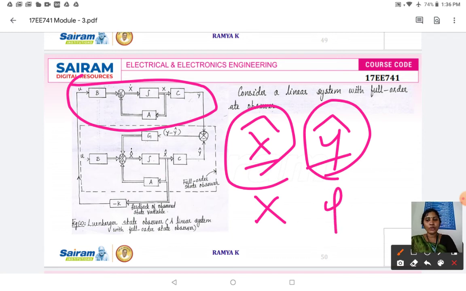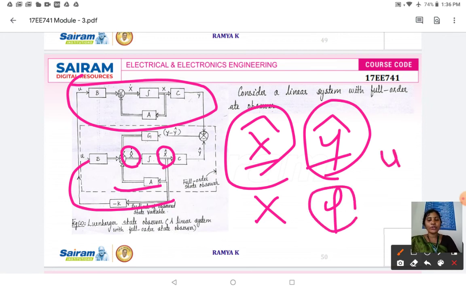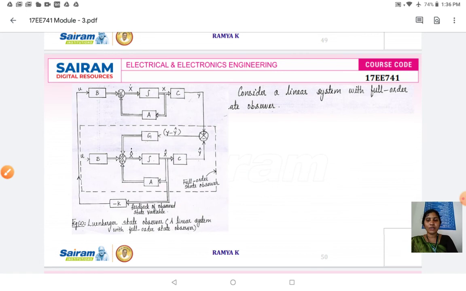So to do so, here you are having the new x-hat dot. After integration you will get x-hat, and this is your ax of t plus bu of t, and with the gain minus k you are going to feed back, because here the output y and the input u are going to drive the complete system, with the gain factor G. I need to find out the gain factor G. That G multiplies y minus y-hat, and it is given over here to obtain your full order state observer.